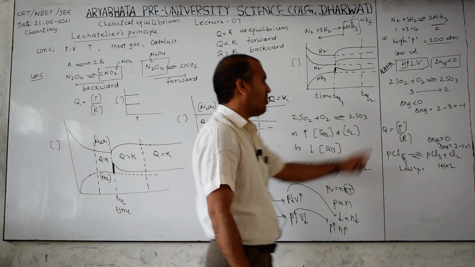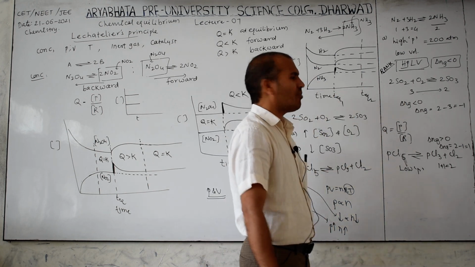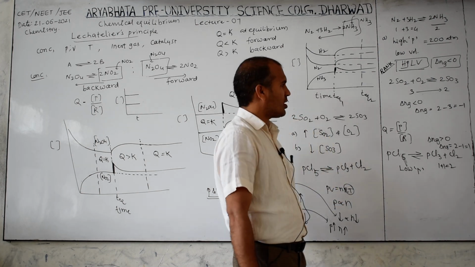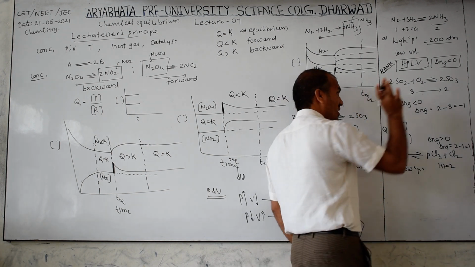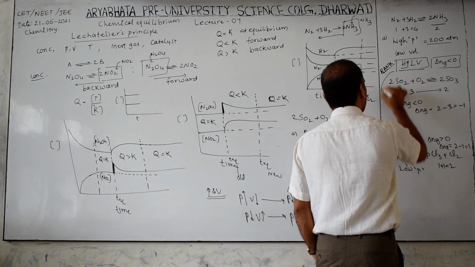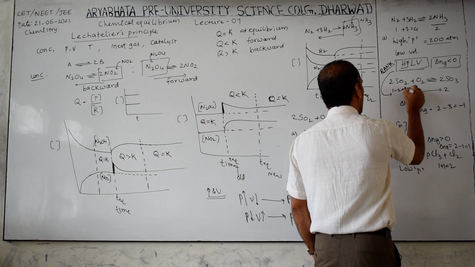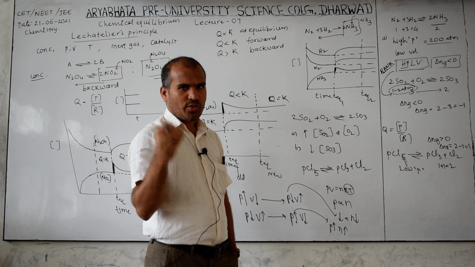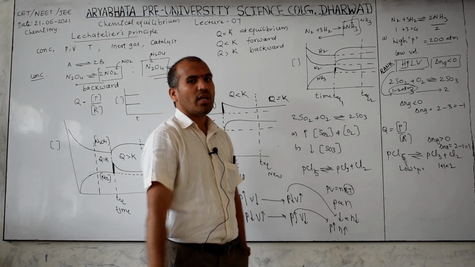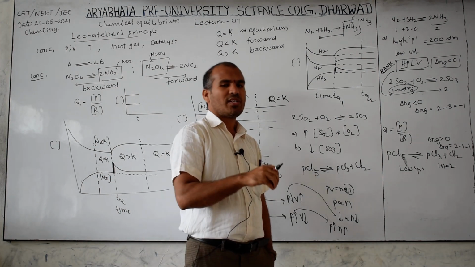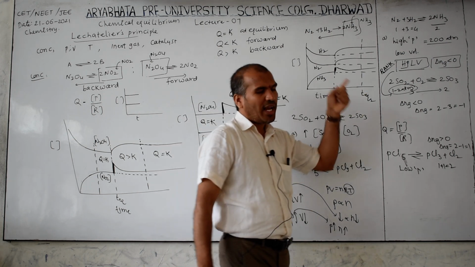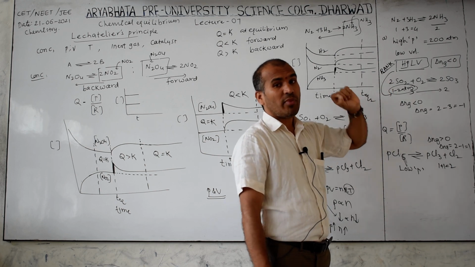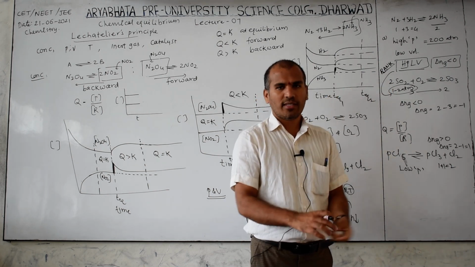But keep in mind, for the SO2 reaction also high pressure is required. We already studied in the P block elements, in the preparation of H2SO4 by the contact process, that high pressure is required, but the condition actually used is only 1 to 2 atmosphere, not high pressure, because the plant may be corroded. Therefore, low pressure is used in this reaction. Actually high pressure is required, but low pressure is used because the plant may be corroded. They may ask this directly in the examination.